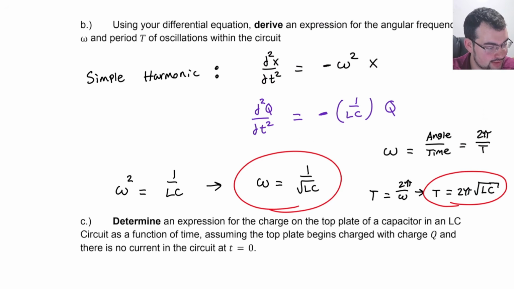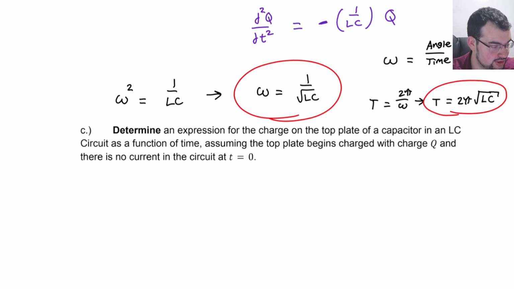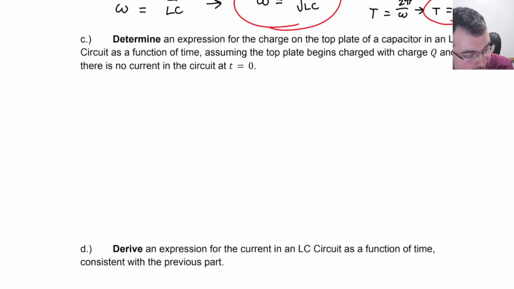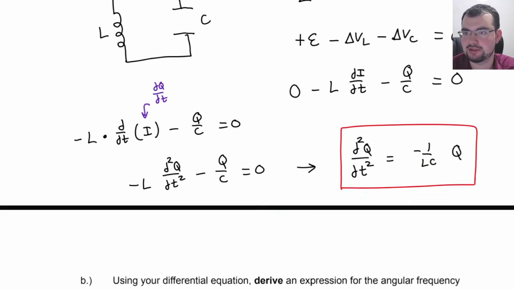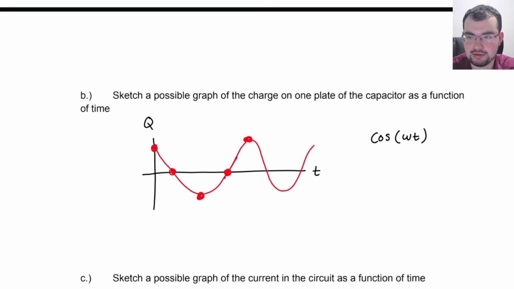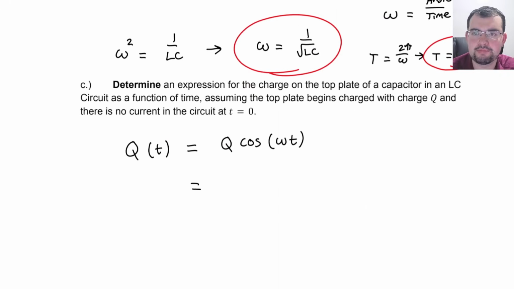Well, if it's simple harmonic, we know the answer is going to be sine or cosine. So based on our graph, our Q function, we'll call this Q of t, is equal to Q cosine of omega t, right? Because it was maximized at the beginning. This is just a regular old cosine curve. And